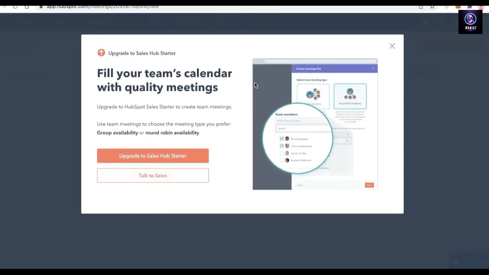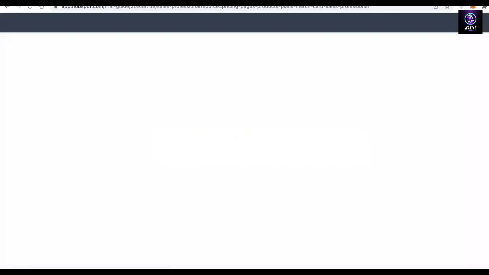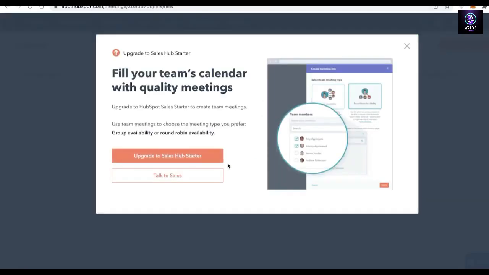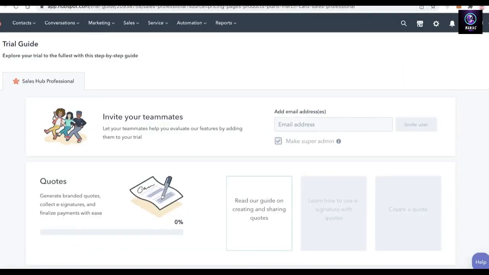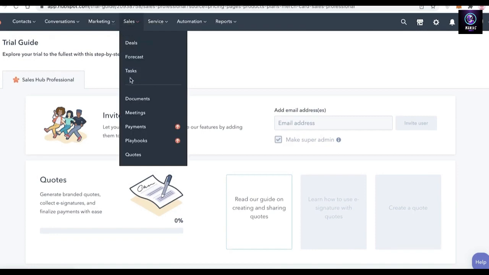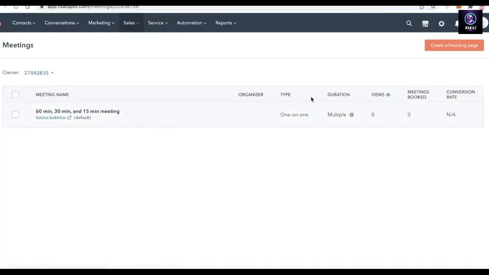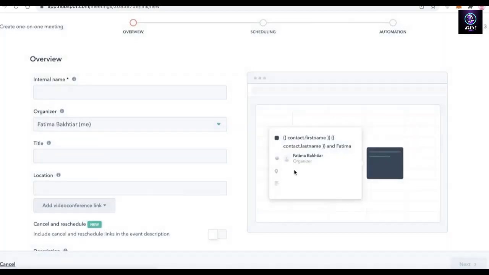And now I'm just going to continue and upgrade to the Sales Hub Starter. So you can just demo any of these, and you can just click on Start your 14-day free trial. And then you can just continue with your free trial over here just to get started with these features. And now you can see over here that I have my simple little setup. Now I'm going to go into my sales once more, go into meetings, create scheduling page, create a one-on-one page,